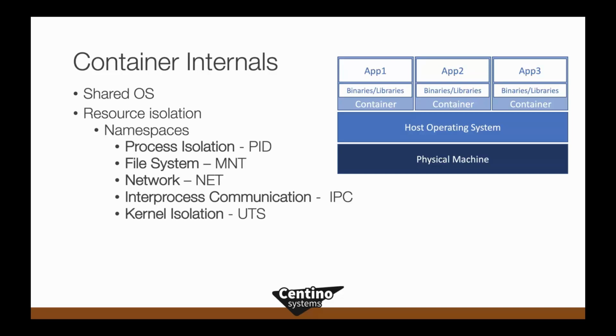Then there's kernel isolation for critical kernel data structures available inside the kernel, so they see their own representation of that. All these namespaces together provide a holistic, singular view of that underlying OS, because this is pretty much anything a process would need to ask the underlying OS for. It's these 5 things right here. Now, how do I manage making sure that app 1 and app 2 don't step on each other's toes from a resource standpoint?